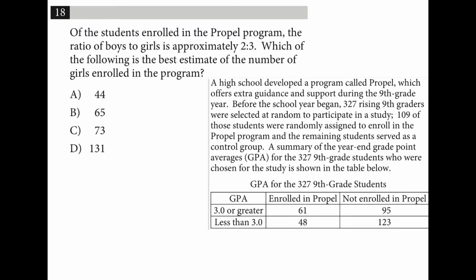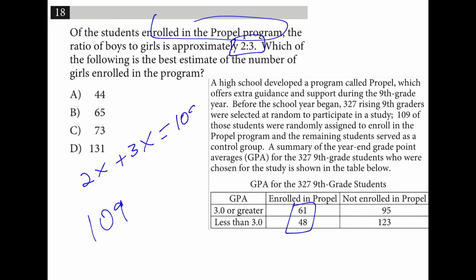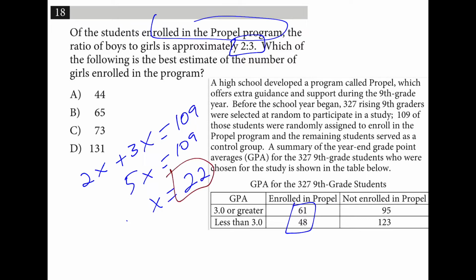So out of all the students enrolled in the Propel program, which is a total of 109, there's a ratio of boys to girls that's 2 to 3. So we can say that 2x plus 3x is equal to 109. If we solve for x then, we get around 22. So if we plug this number into the part that corresponded with girls, 3 times 22 is really close to